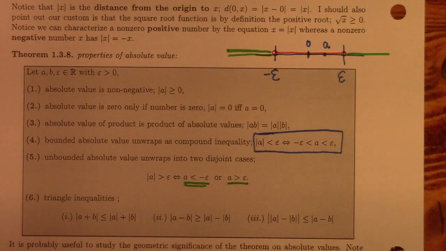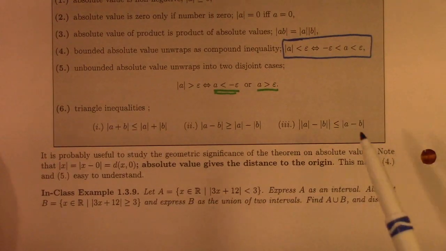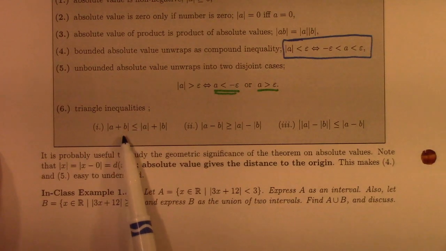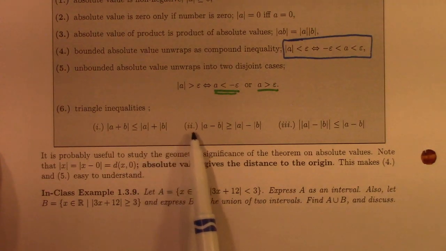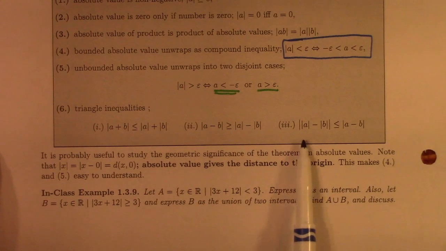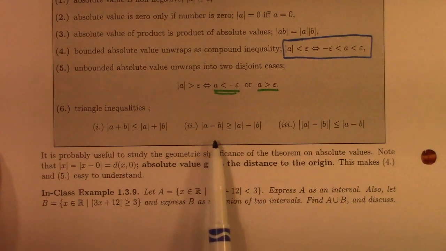And then you've got these so-called triangle inequalities. The absolute value of a plus b is less than or equal to the absolute value of a plus the absolute value of b, and here's one for the difference, and here's yet another one. Notice that this one is,